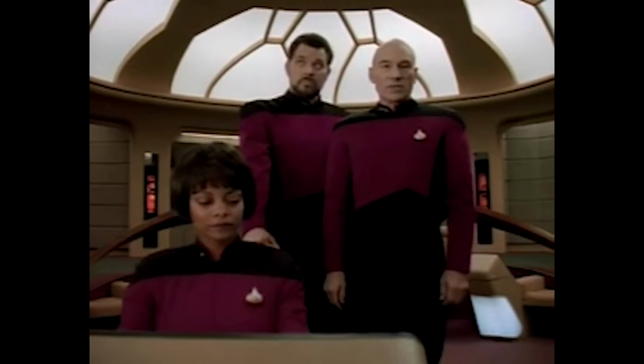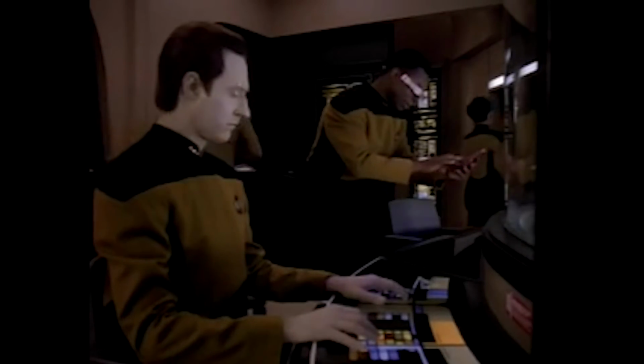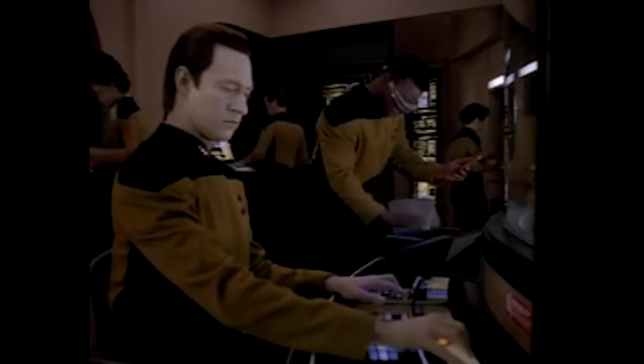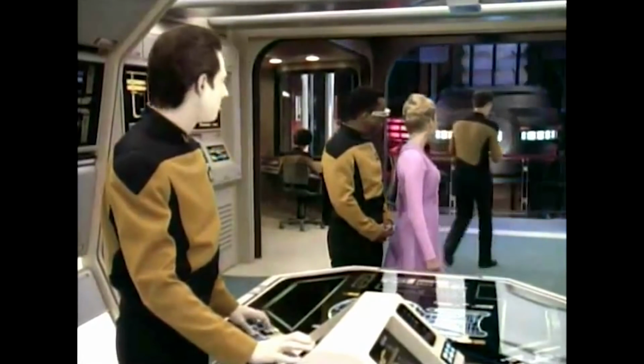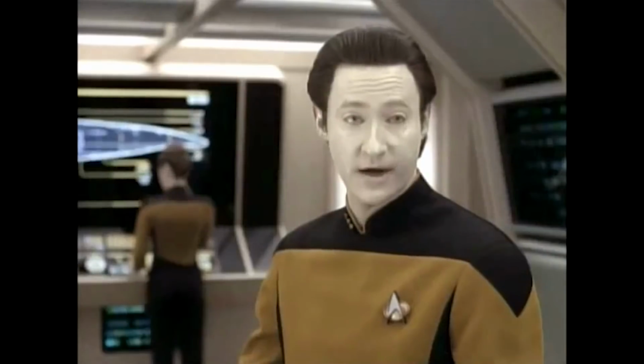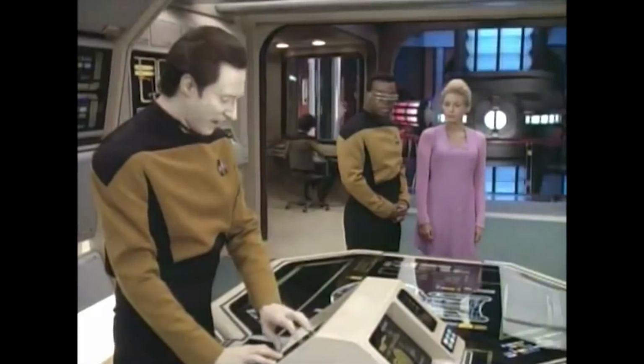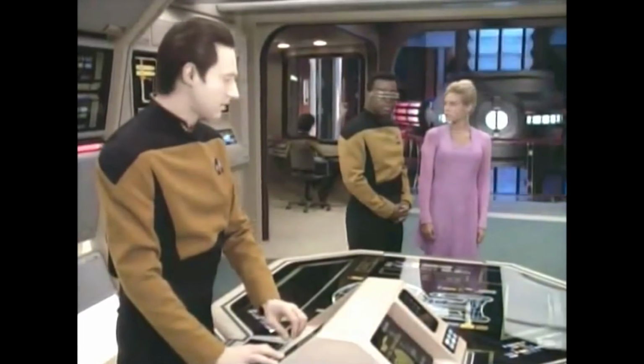Bridge to engineering, Miss LaForge. Why isn't my ship moving? I'm on it, Captain. There's a warp plasma conduit out of alignment. Hard to imagine how much energy is harnessed in there. Imagination is not necessary. The scale is readily quantifiable. We are presently generating 12.75 billion gigawatts per...